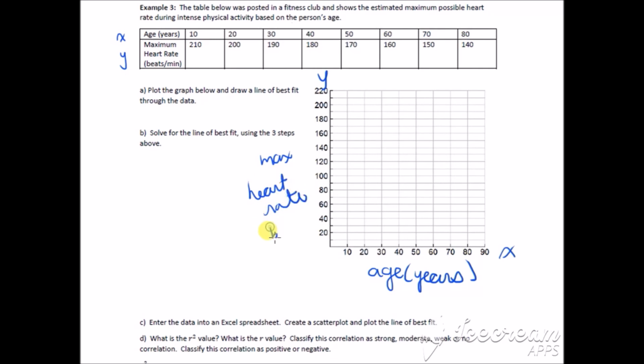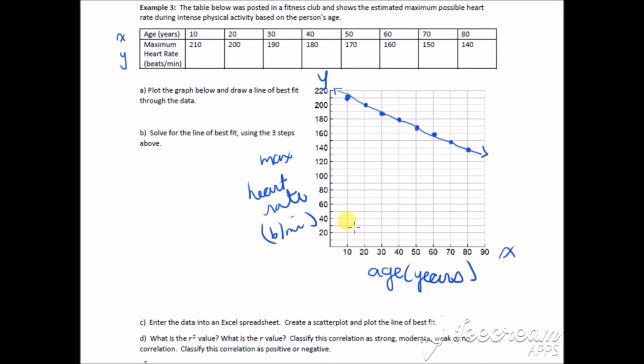And this is measured in beats per minute. Okay, so plot the graph below and draw the line of best fit through the data. So we have 10 and then 210, 20 and 200, 30 and 190, 40 and 180, 50 and 170, 60 and 160, 70 and 150, 80 and 140. Okay, so if we were to draw the line of best fit,